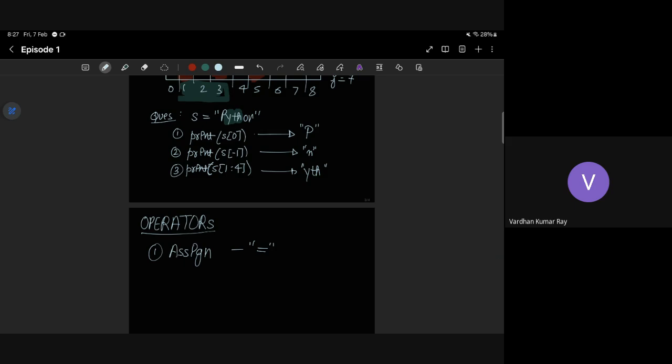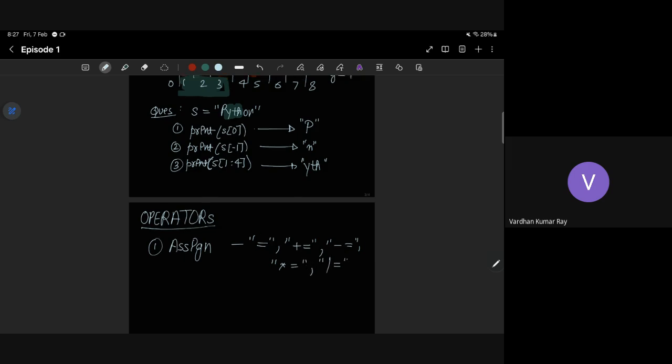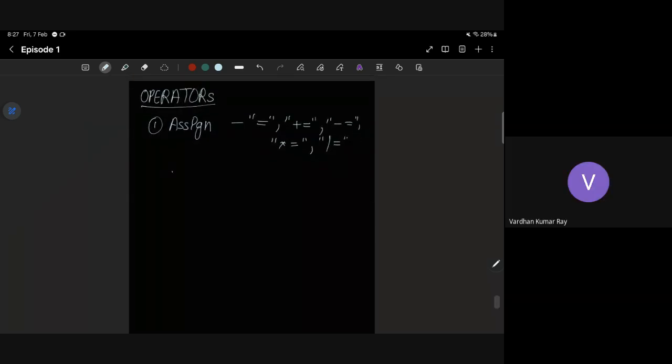I've seen that most of you have done Python, so I want to ask people who know. Plus equal to, minus equal to, similarly multiplication equal to and division equal to. Yes, these are also known as shorthand operators. Let me write that as well. Thank you for telling.